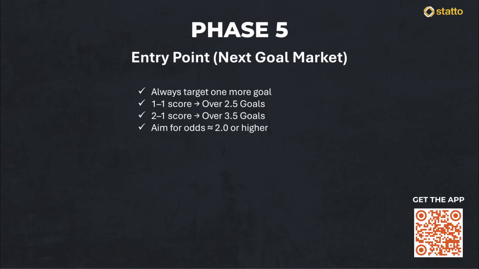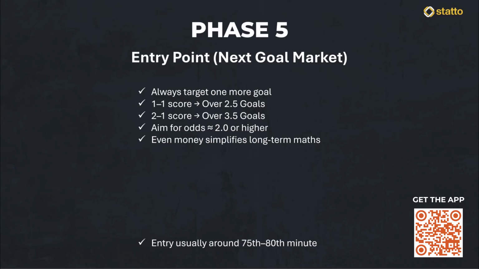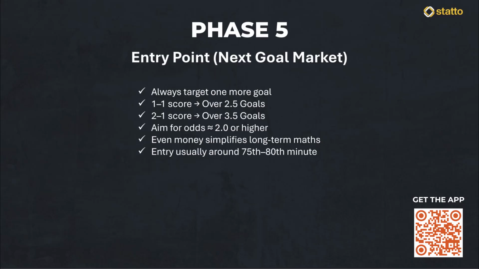In terms of price, you want to aim for odds of around 2.0 or higher. This isn't a magical number. It just makes the maths easier over the long term. At even money, you only need to be right around half the time to break even, and anything above that becomes profit. You'll often see these prices appear around the 75th to 85th minute, but the timing should always depend